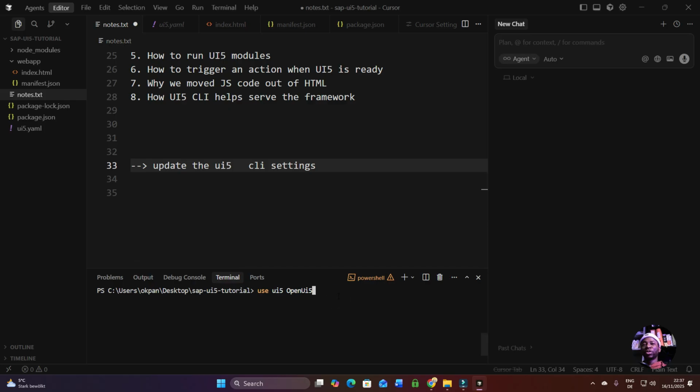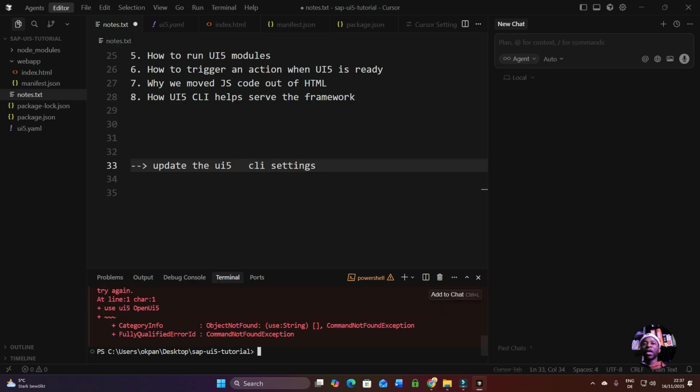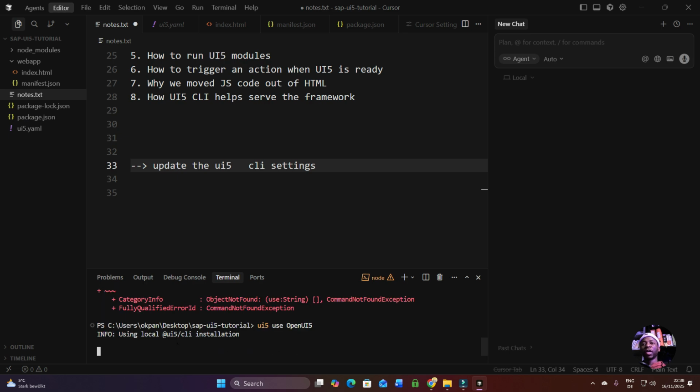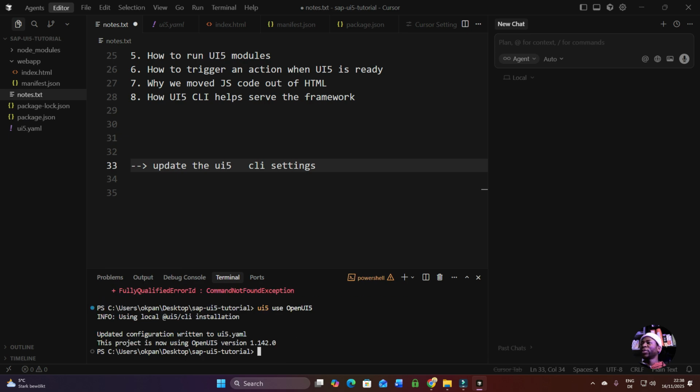So the next thing we need to do, okay, let's press enter. We run the command ui5 use openui5. Okay, now we have it in the right order. After running this, the next thing we need to do is to add UI5 libraries. And so we can run ui5 add